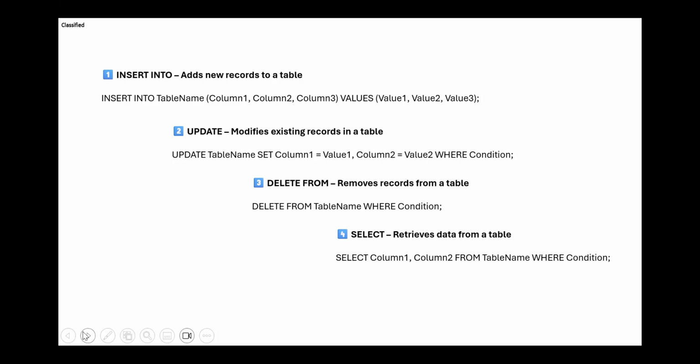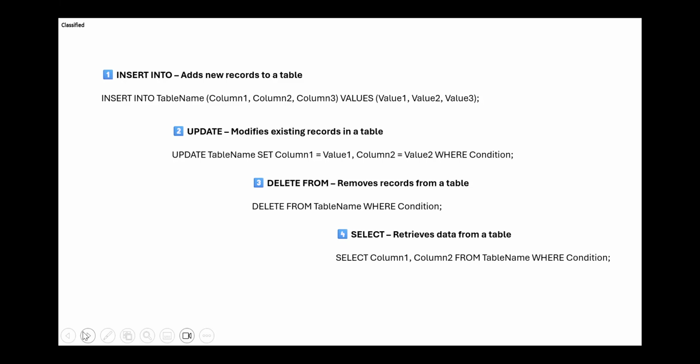Then what are the values that you want to insert? So values, which is the command to SQL, and then you can keep putting in the values that you want in pairs of 3 because there are 3 columns over here. Now here, when I want to update existing records in a table, this update is not updating the table itself, right? But within the table, I want to put some records in a different way.